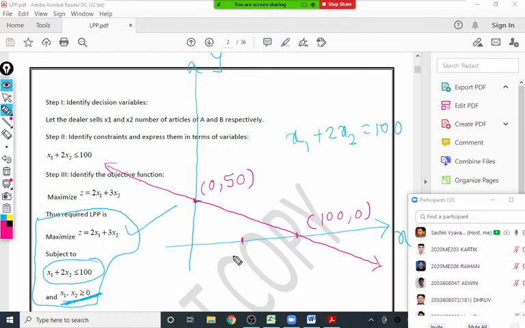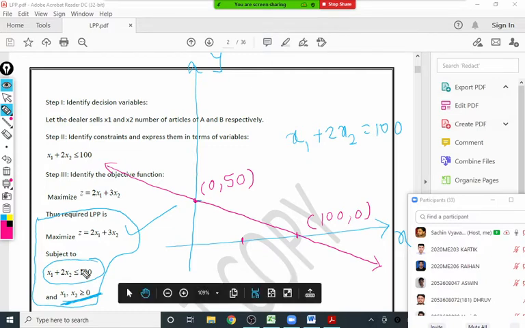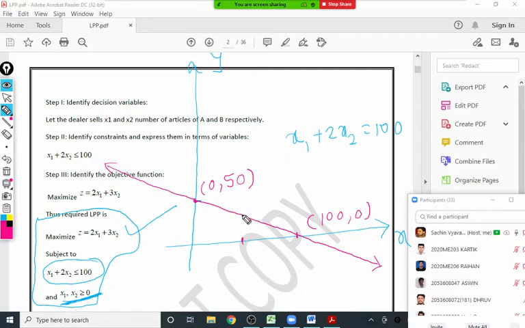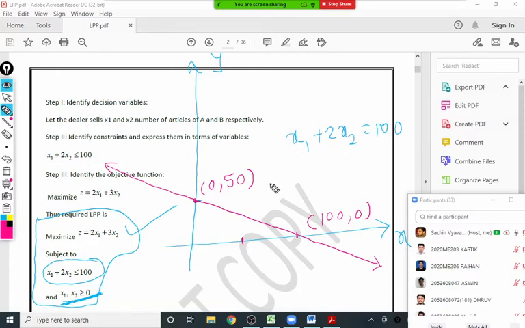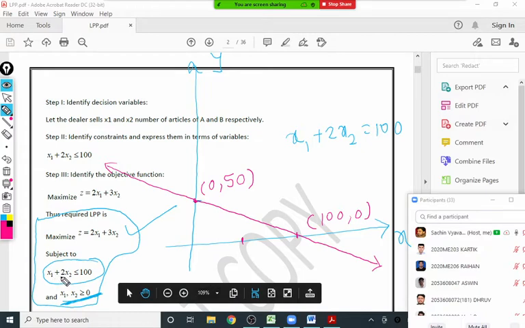Which one is the region? Because an inequality always divides the plane into two parts. In general, in 99% of cases, that straight line divides the plane into two regions, in one of which we have the origin and the other is the non-origin side. So this side is considered the origin side and this side is known as the non-origin side. Now just replace the coordinates of the origin in the constraint. If that constraint is true, then it is the origin side.